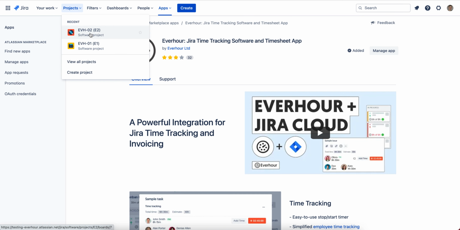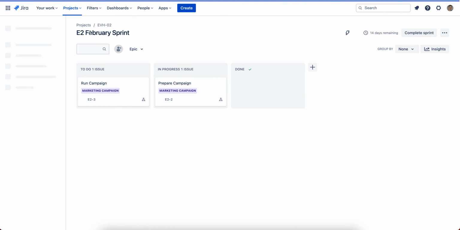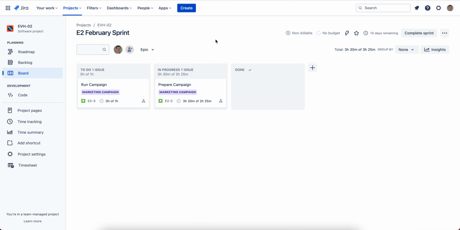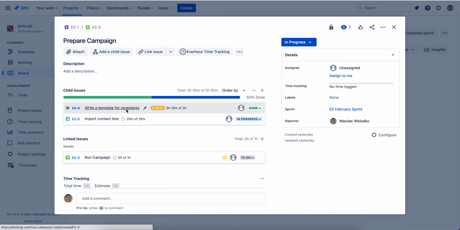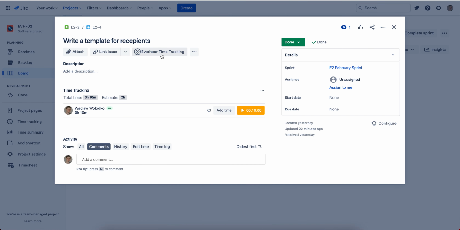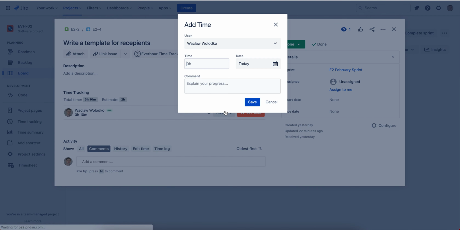In order to track my time, I need to create an account in Everhour. I can do it by going to everhour.com and signing up for a free trial, and then activating a subscription. So after this is done, usually before I start tracking any time, I can see that the app is installed and enabled. Then I need to authorize with my Everhour credentials, and after that I can use the timer button to track my hours, or add time manually for today and for previous dates,